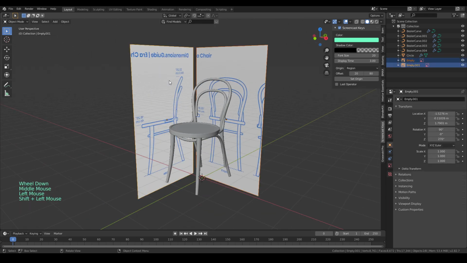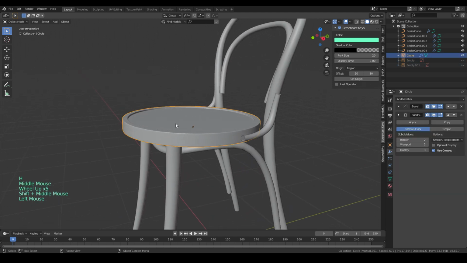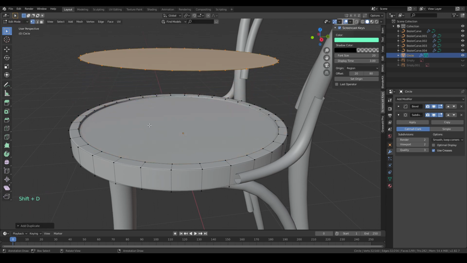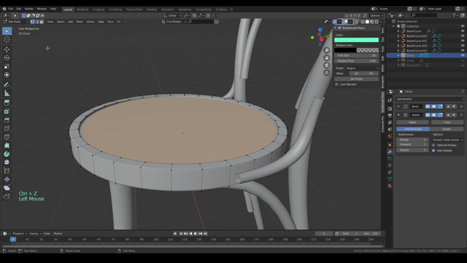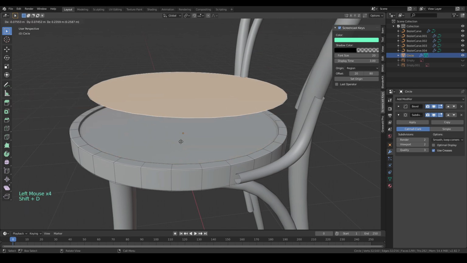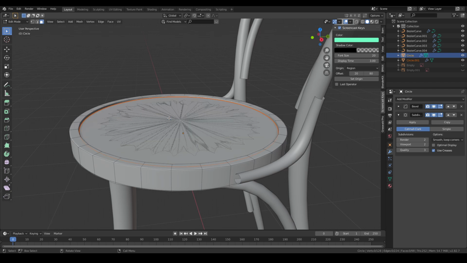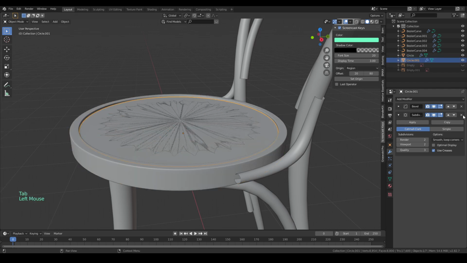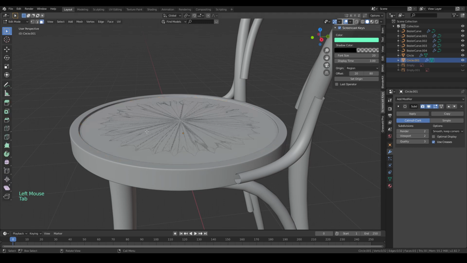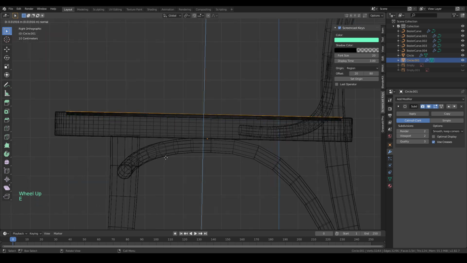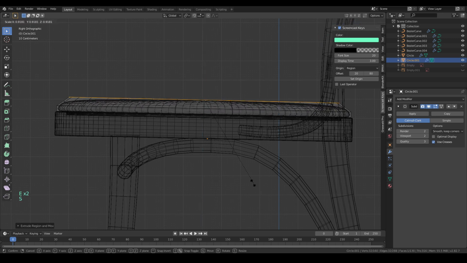So I'm gonna hide this one. I will make a cushion from this face of the seating. Just use the face here and Shift D and then escape and then hit P to separate by selection. Now we have the circle one here, then I'm gonna delete the bevel. Okay, we have this circle here. So I will extrude it and then extrude it again, resize it, extrude it one more time, and extrude it one more time, scale it,